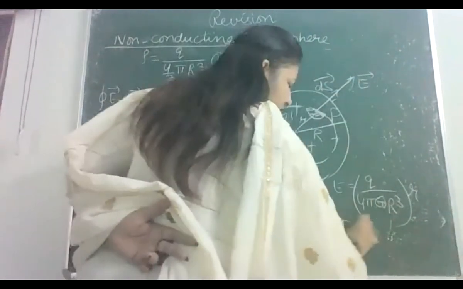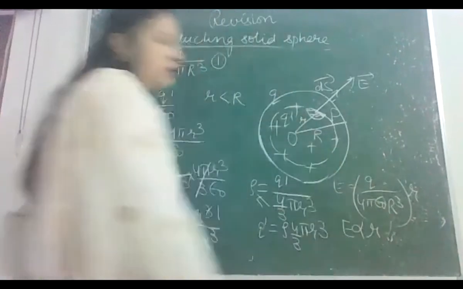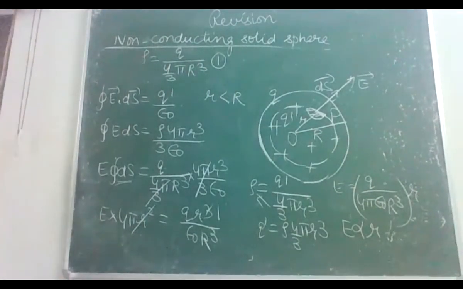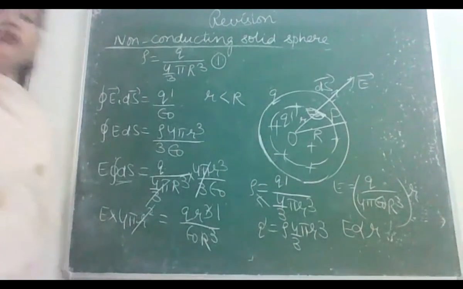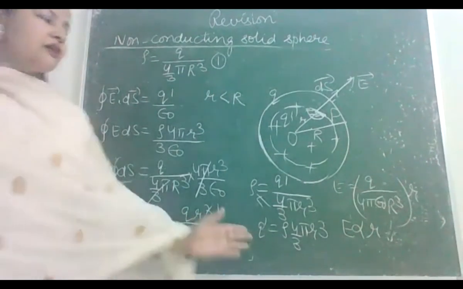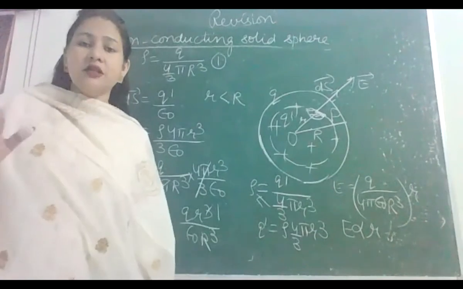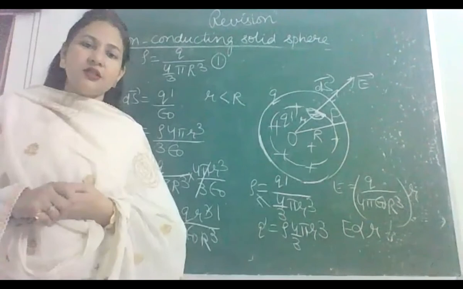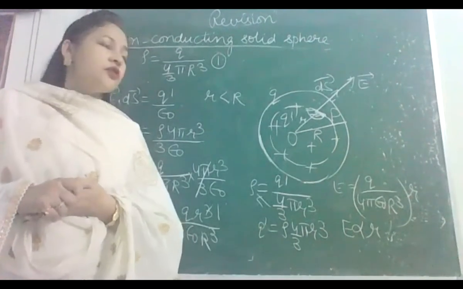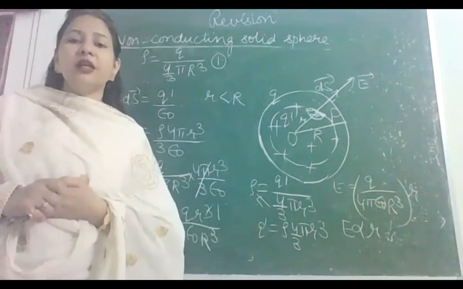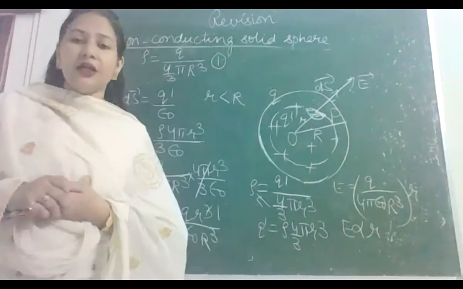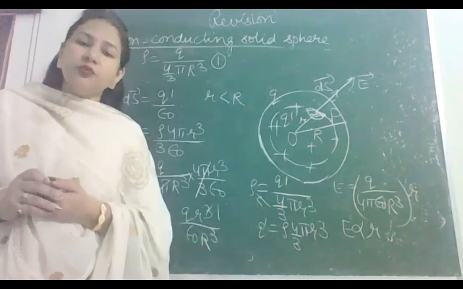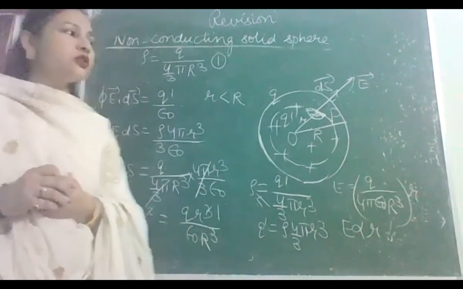So electric field intensity is directly proportional to r. All these things are constant inside the bracket. Charge जितना उसको हमने दिया वो constant है. Capital R is also the constant. It is the radius of solid sphere. So variable was small r only, the distance of observation point. So for a point lying inside the shell, electric field is not zero for non-conducting solid sphere. It is directly proportional to small r. It is directly proportional to distance.